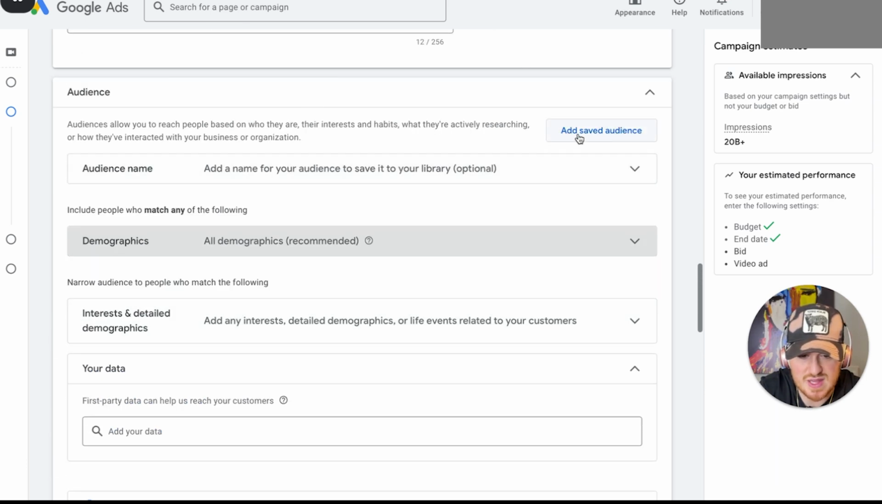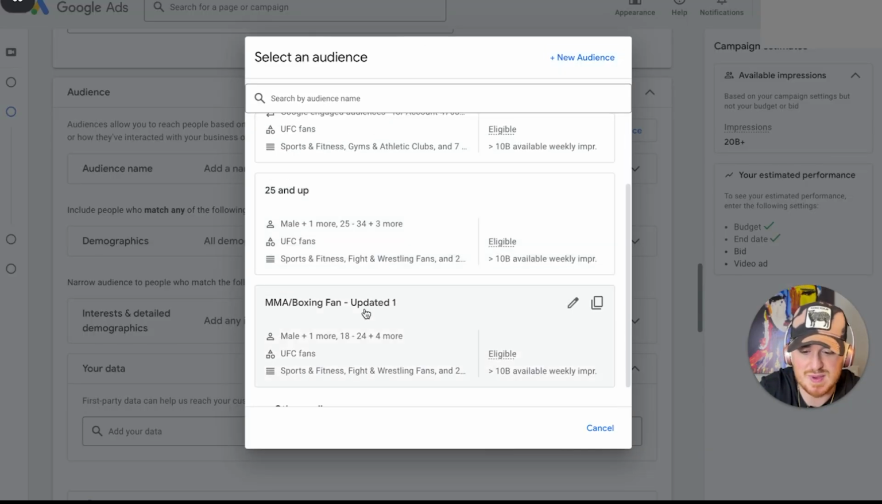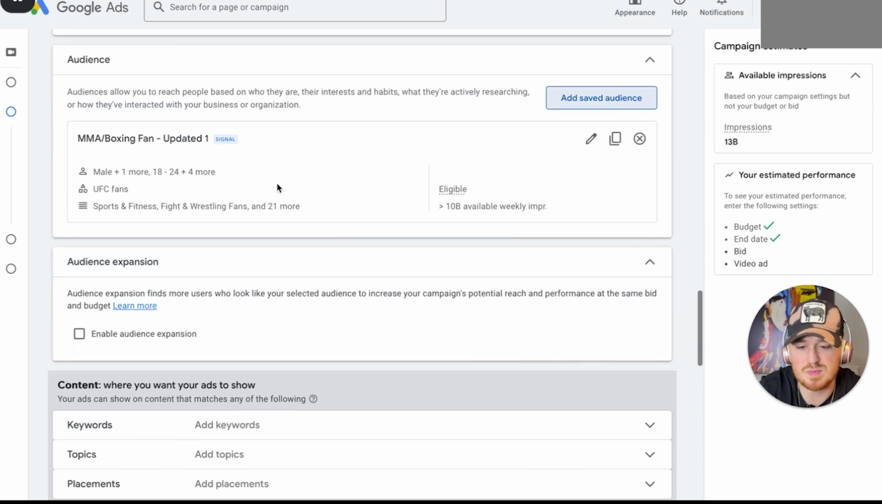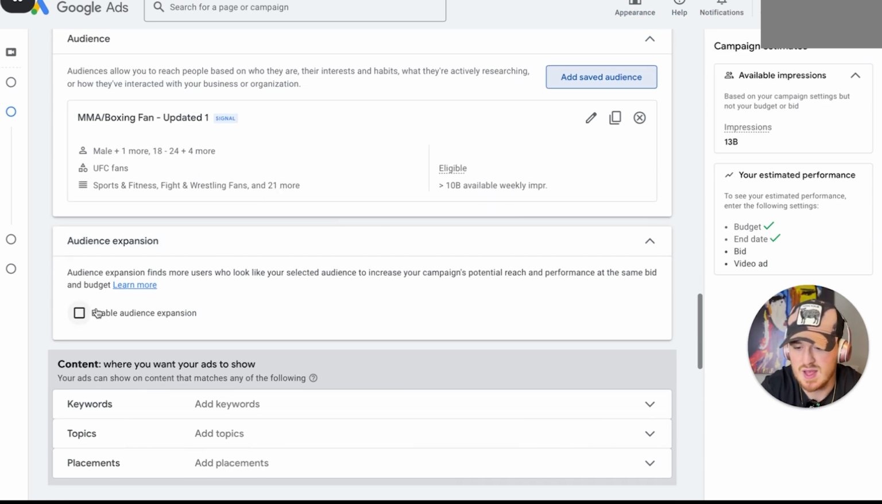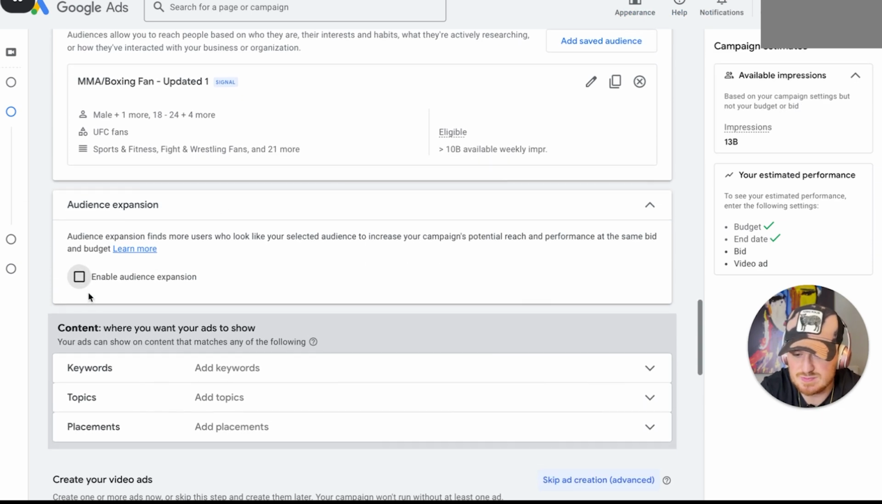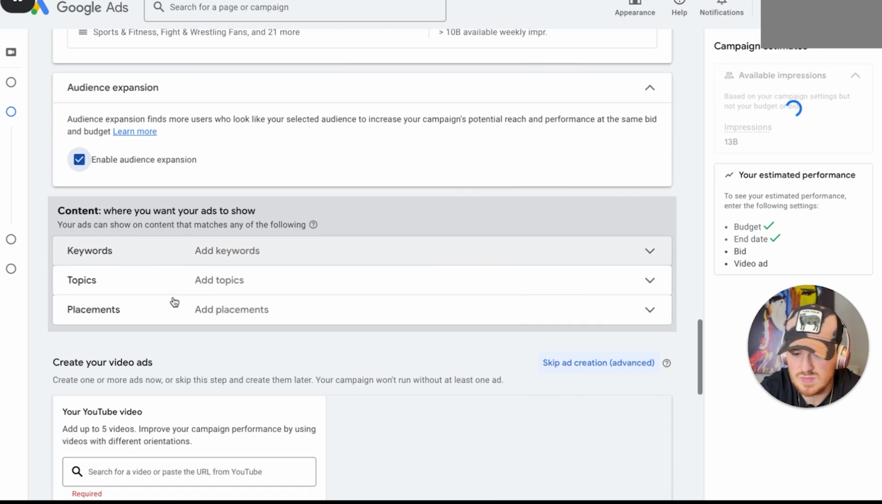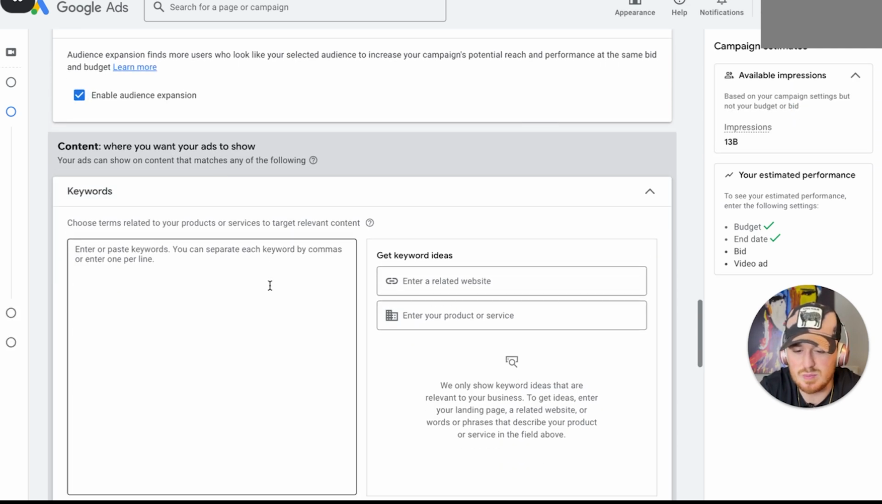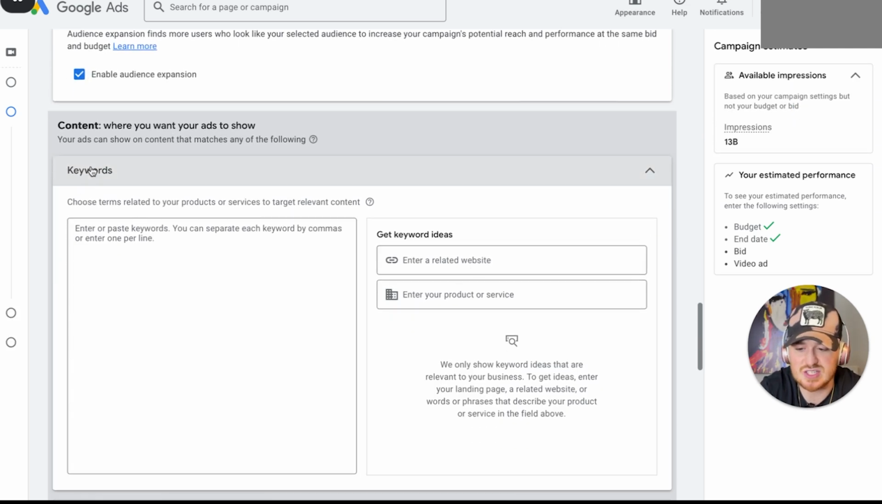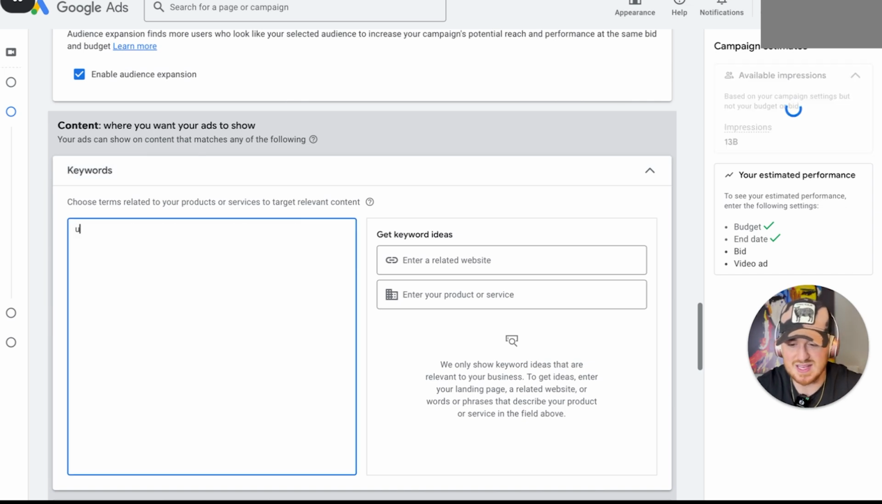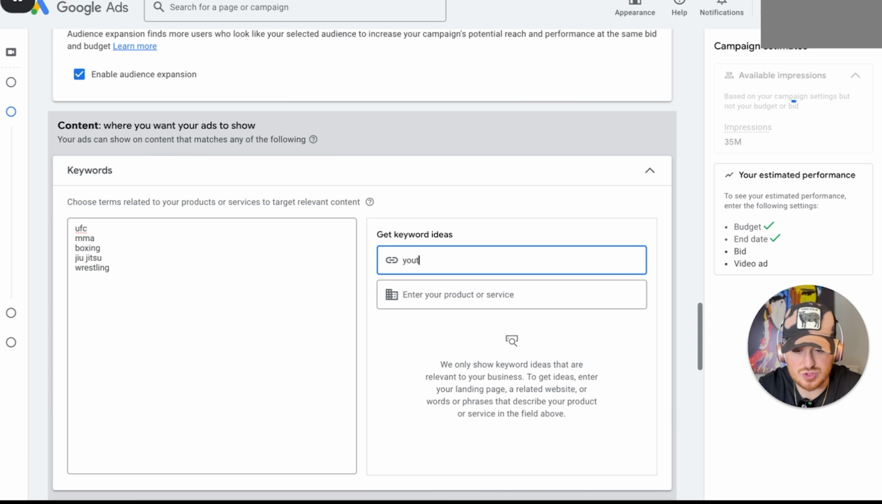Okay, so let's say we did all that, right? I'll just add a saved audience to make it easy. So these are people with boxing and MMA fans. Now we're going to enable expansion. And then the keywords that we're going to put in, so this is interesting actually. The keywords, you can put them in like this, like UFC, MMA, boxing, jiu-jitsu, wrestling. Or what you can do is go to